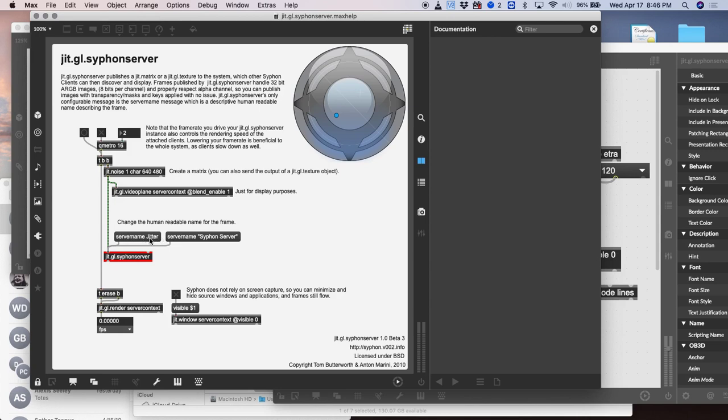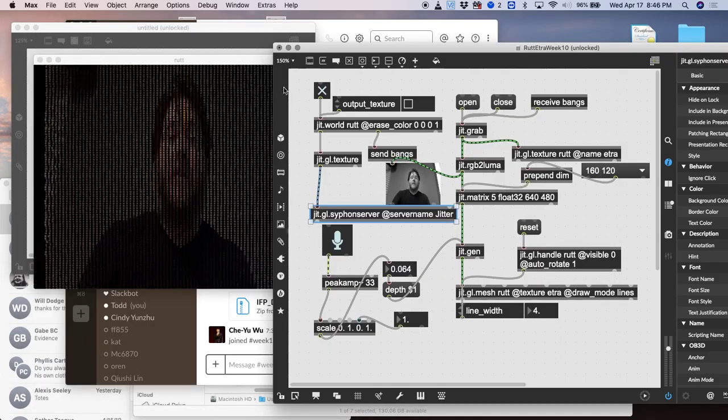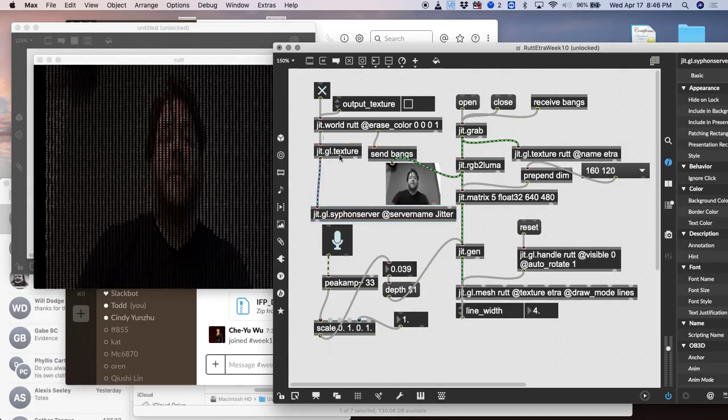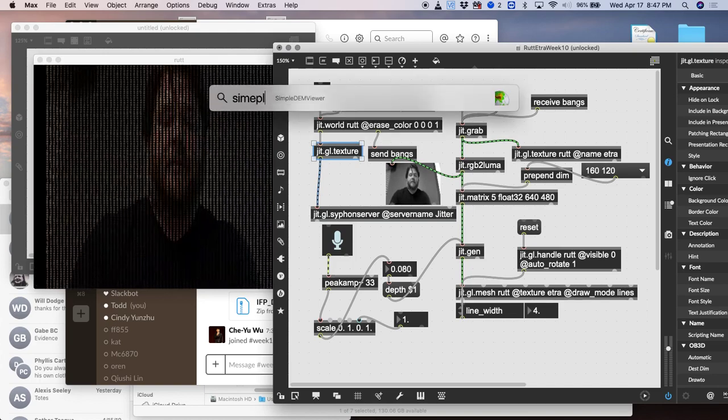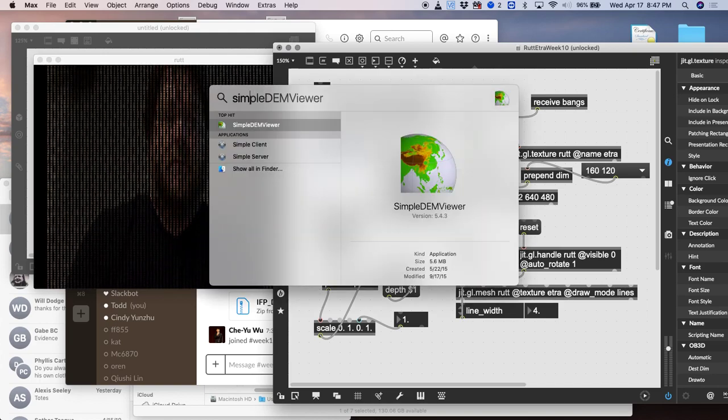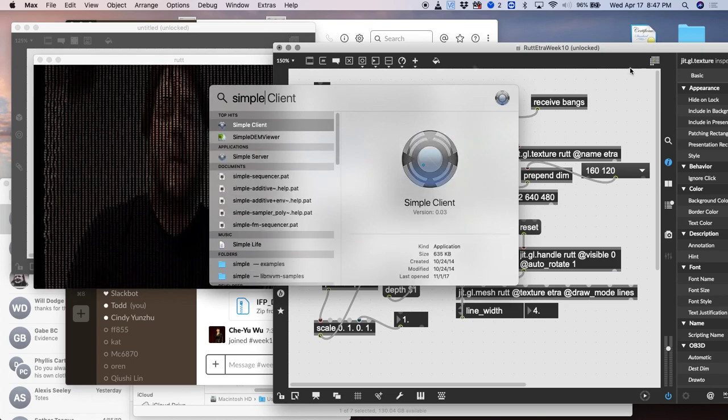And you need to give it a name, like we just gave our server name jitter, so that we receive that name. It's all about naming these contexts so you can receive them on separate names, because you can send multiple contexts at one time. So I have a thing called the simple client that I just downloaded, and to prove that this is now leaving Max and going to another application,